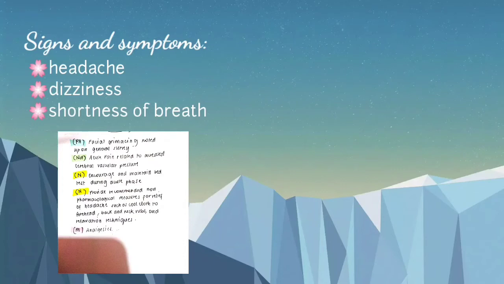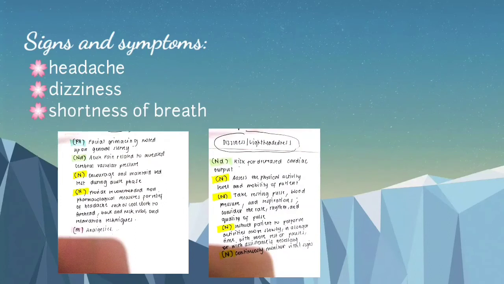as prescribed. For dizziness or lightheadedness, nursing diagnosis is risk for decreased cardiac output. Nursing management includes assess the physical activity level and mobility of patient, and to take resting pulse, blood pressure, and respirations, and consider the rate, rhythm, and quality of pulse, as well as instruct the patient to perform activities more slowly in a longer time with more rest or pauses or with assistance if necessary, as well as to continuously